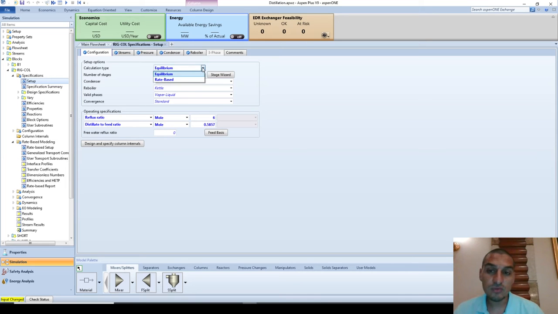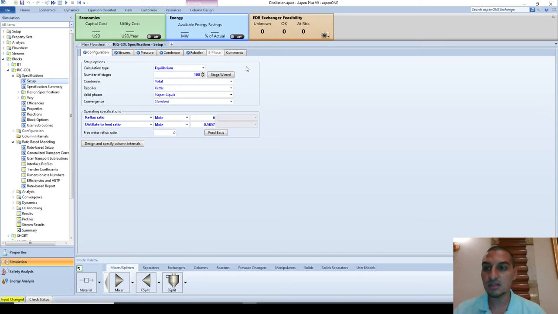But we have only used the equilibrium stage calculations, and we showed that this is not an actual case, or there is no actual equilibrium that's taking place. That's why we do define the stage efficiency or the Murphy efficiencies. So we're going to go for the rate-based calculations, and I'm going to do my best to focus on